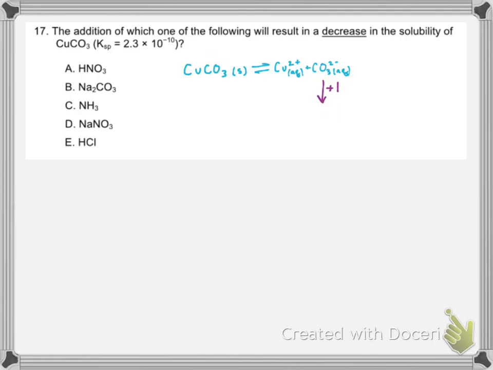But choice B is Na2CO3. So that's a source of the common ion carbonate. Whenever you increase the amount of products, that means that this reaction would need to shift to the left, which would be a decrease in the solubility. So this is going to be what would decrease the solubility. NH3 would actually be able to form, because this is a good ligand, it would form a complex with copper, which would remove copper from the solution. NaNO3 sodium nitrate is just an inert solution that wouldn't really do anything here. And then HCl would have a similar effect as A. So B,